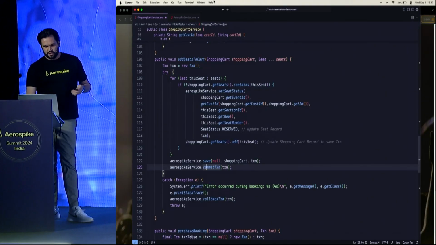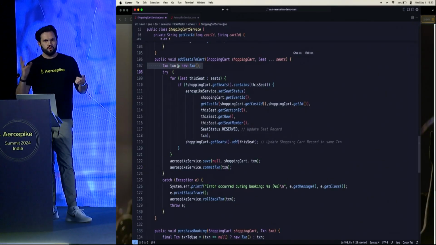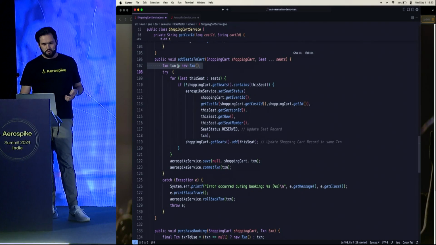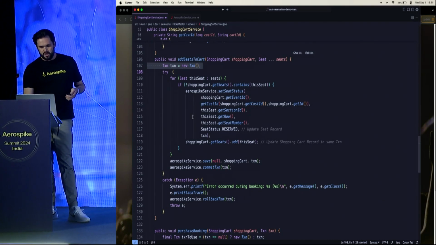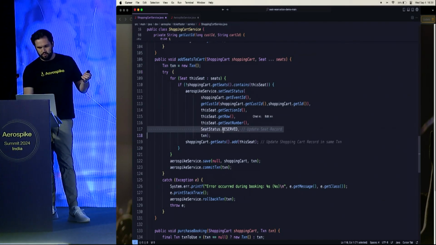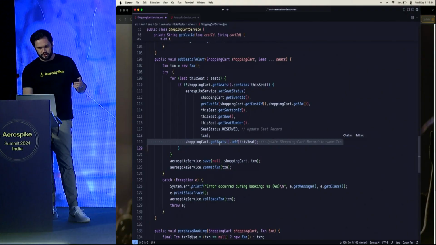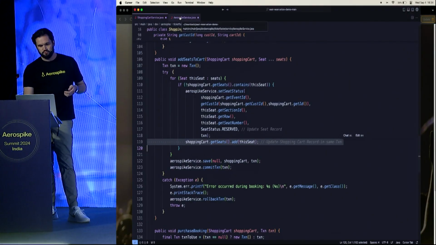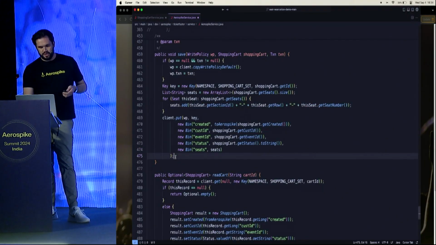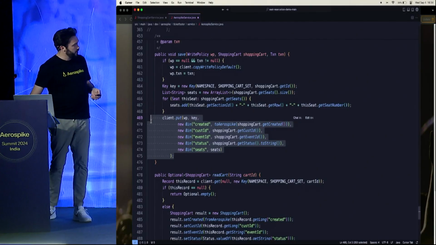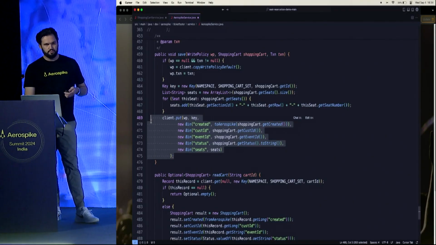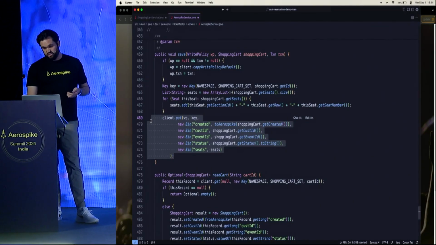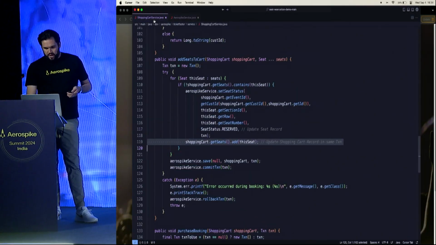The syntax is pretty straightforward. You create a new transaction using this transaction object, we do a couple of operations on our model data, and we hand off to something that just looks like regular Aerospike.